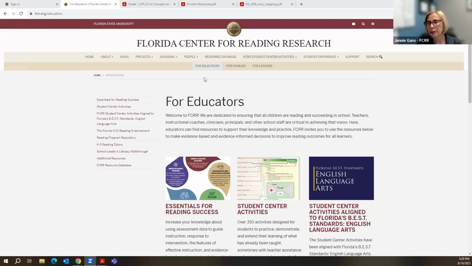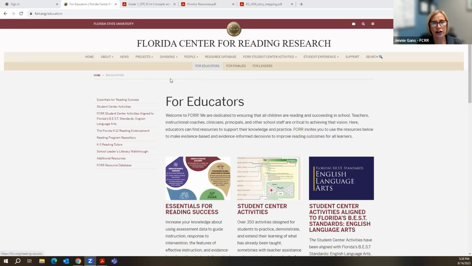It lives in a couple of places. Because people around the world use these activities, we wanted to make sure that it always had its predominant spot right on our search bar. So that is the same as if we're going to click elsewhere in our Student Center Activities. It's the same Student Center Activities. So I just wanted you to be aware that that is nothing different than what you're going to see. And that is everything from pre-K through grade 5 is there in our Student Center Activities.